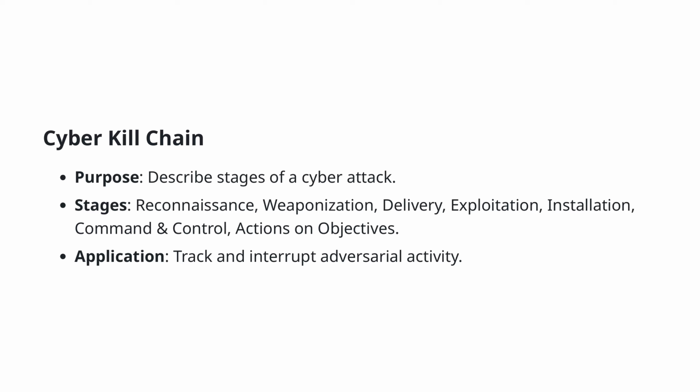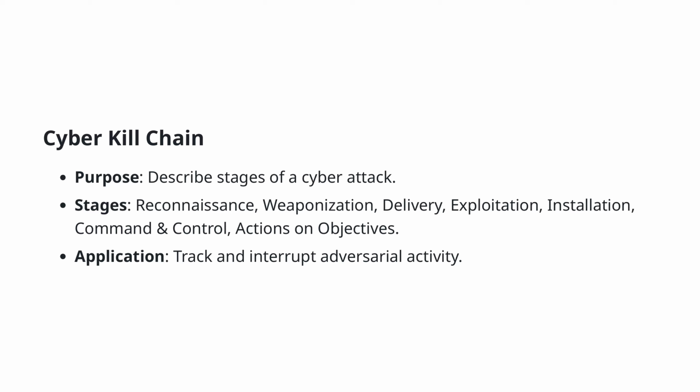The Cyber Kill Chain is an essential framework used to describe the stages of a cyber attack. It outlines 7 distinct phases that adversaries typically follow to accomplish their objectives. These stages are reconnaissance, weaponization, delivery, exploitation, installation, command and control, and actions on objectives. By understanding these phases, organizations can track and interrupt adversarial activities effectively. This framework aids in the identification of attack patterns and the implementation of defensive measures at each stage, enhancing the